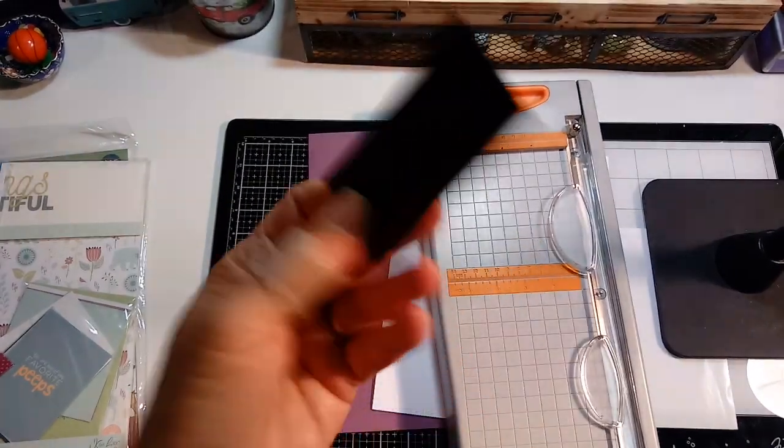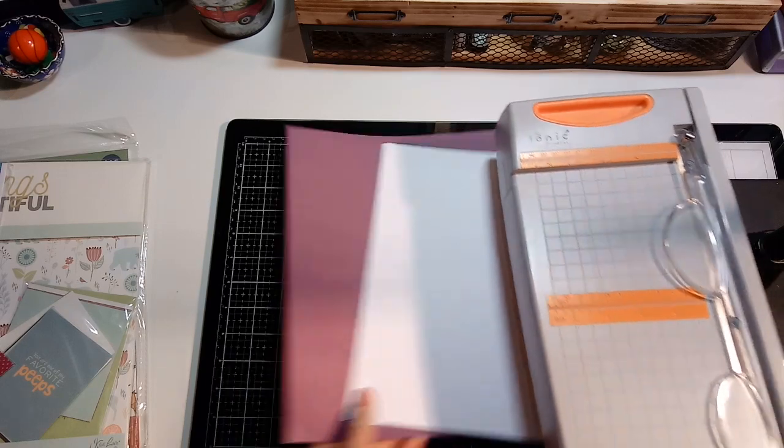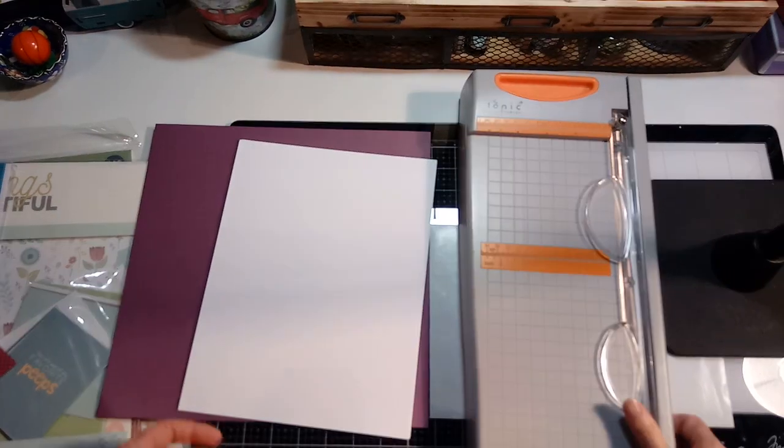So I told you a little bit about the scraps, and see, I would just throw this away, or you keep it for a tag. I mean, sometimes I have little scraps here on my desk, because you know how we are. We can't throw anything away. But I wanted to remind people that